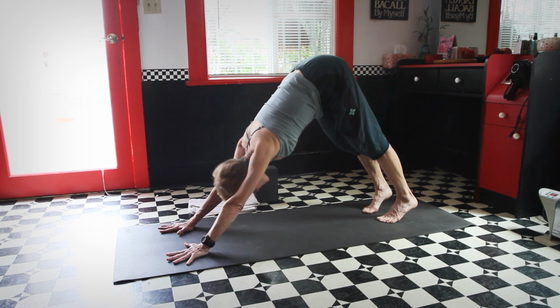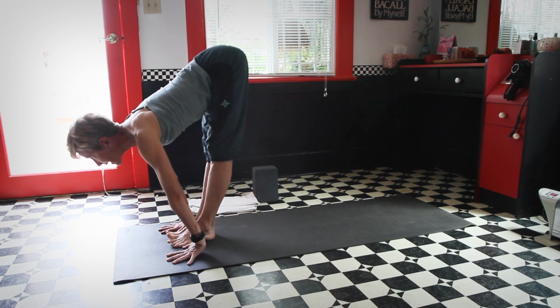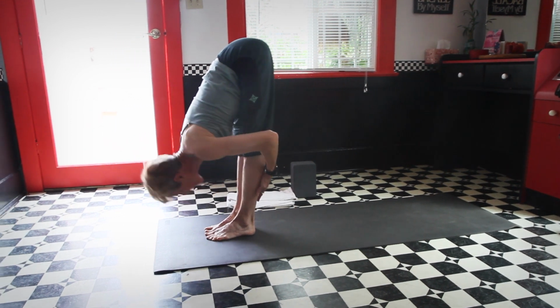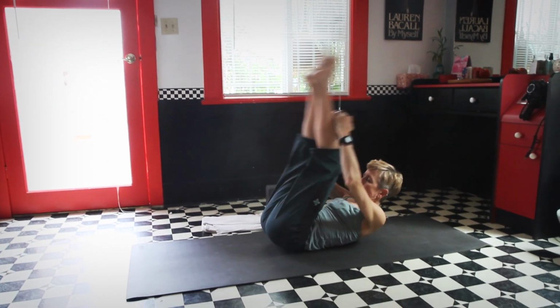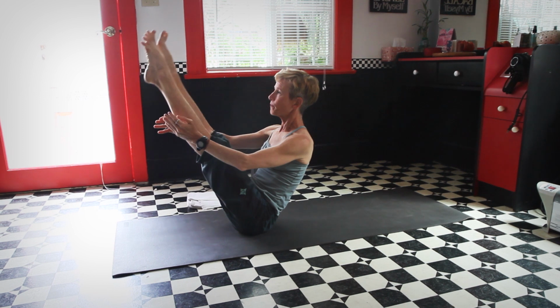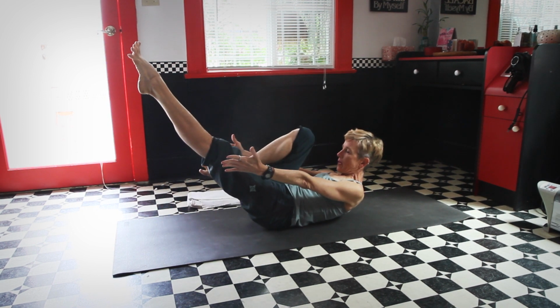And then with an exhale, hop forward. Inhale, halfway up, Ardha Uttanasana. Exhale, Uttanasana. Inhale, stand up. Bend the knees, exhale, roll onto your back. Inhale to Tadasana and bring the right knee in, and you're just going to lower down onto your back and